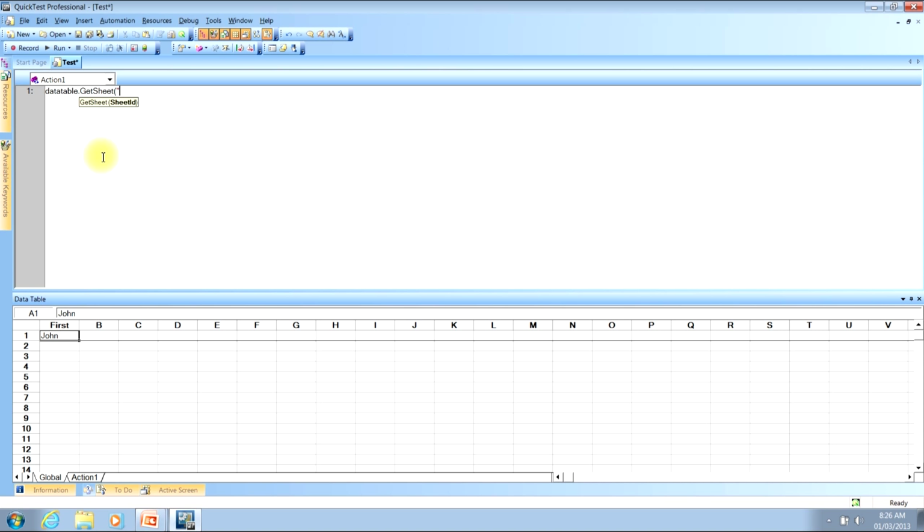quotation mark, and the name of the data table that contains the parameter that you're looking to delete. For this video, I will be looking to delete the first column in the global data table. So since I'm looking to delete a parameter in the global data table, I will type in the word global, since that's the data table that contains the parameter. I'll then type in a closing quotation mark, a closing parenthesis,